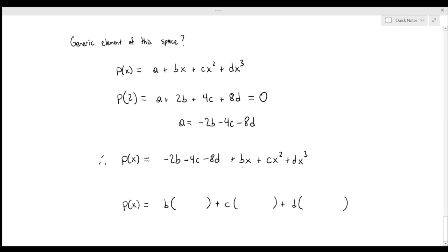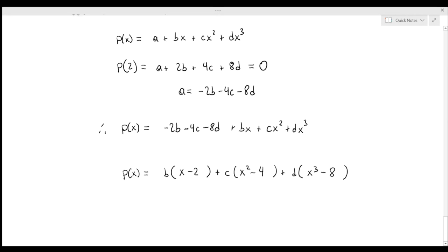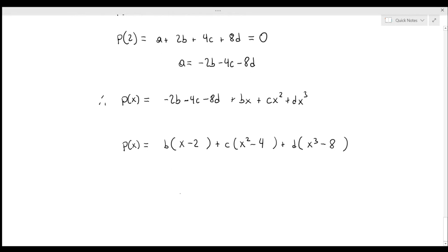So I can write it as b times x minus 2 plus c times x squared minus 4 and plus d times x cubed minus 8. Okay. So then if I focus on these three polynomials that we ended up with,